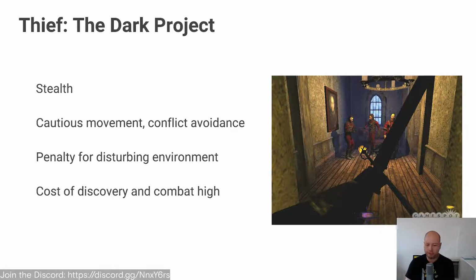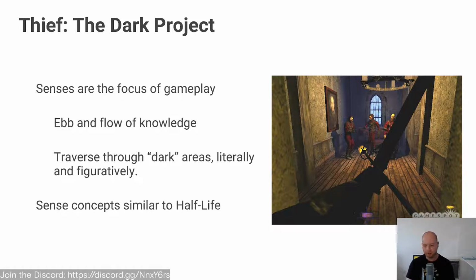And so the cost of discovery and combat was really, really high. So you really were incentivized to be quiet and sneak around and not make noise. In that sense, the senses of the game were the focus, right? And that was what really made the game.